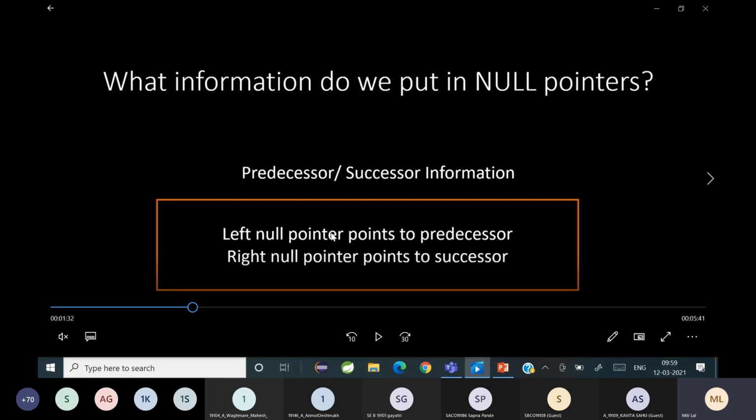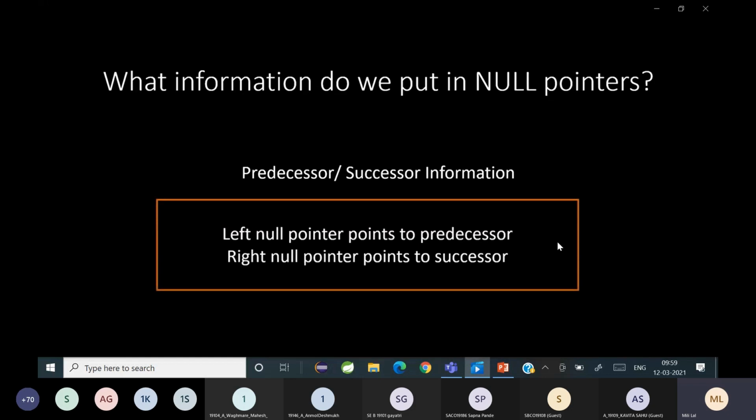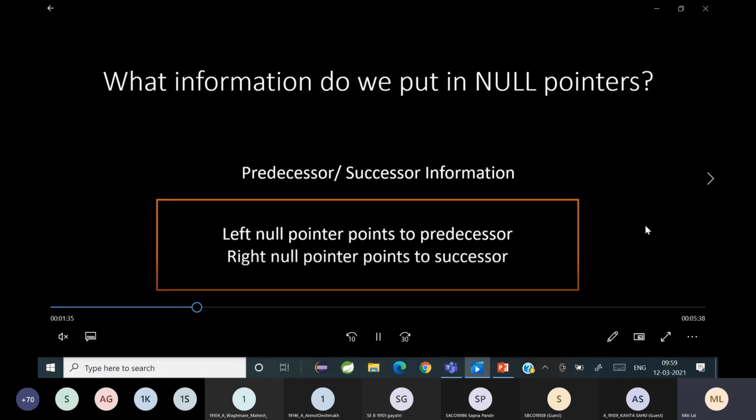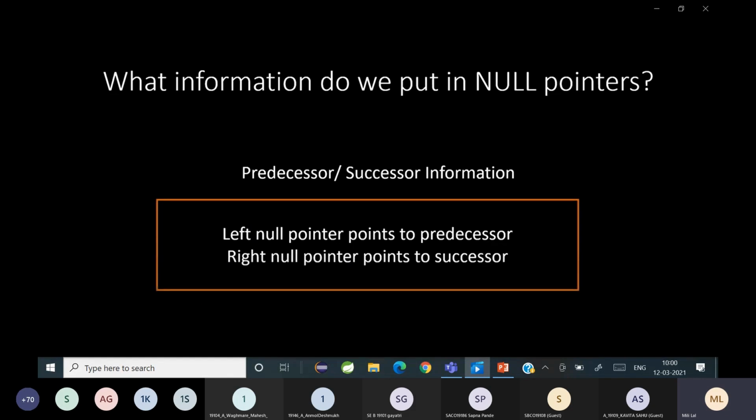In that way we utilize the left null pointer and the right null pointer. Did you understand how meaningful information is going to be put in null pointers?